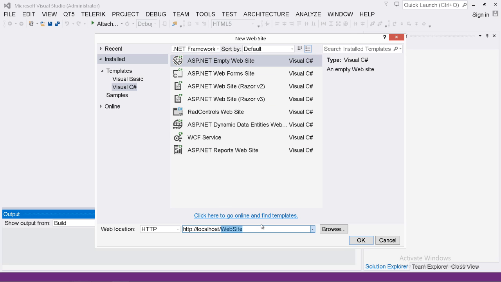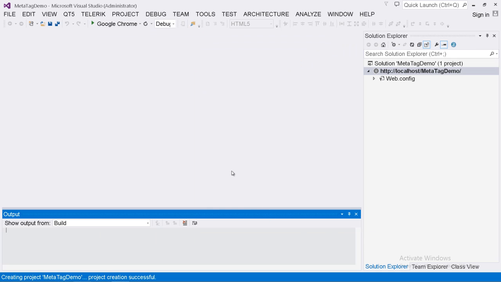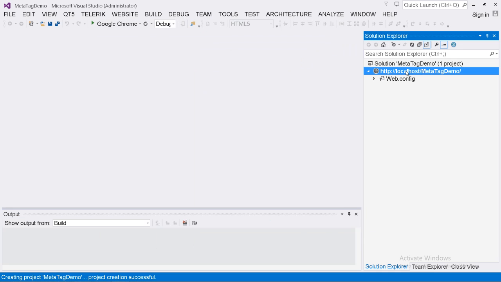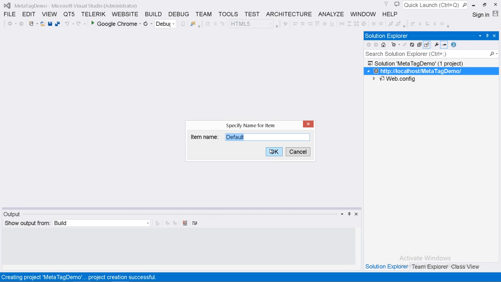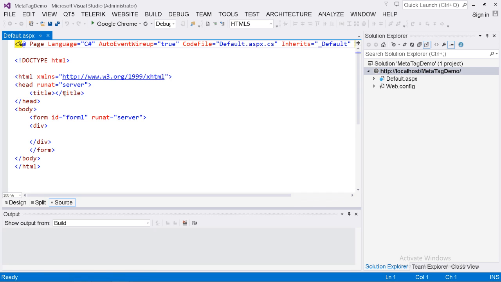We'll call this MetaTag demo. Click OK here. So we have an empty website. Right click on the URL node, select add web form, click OK. So in the HTML tag we have a head section. Inside the head section we have a title. So let us give some title here using HTML generic control class,